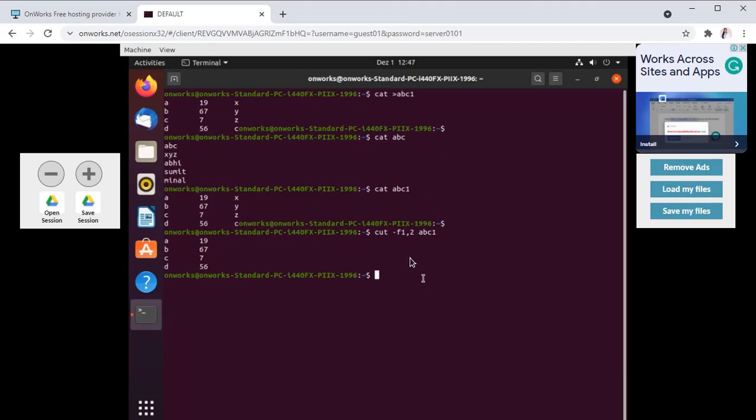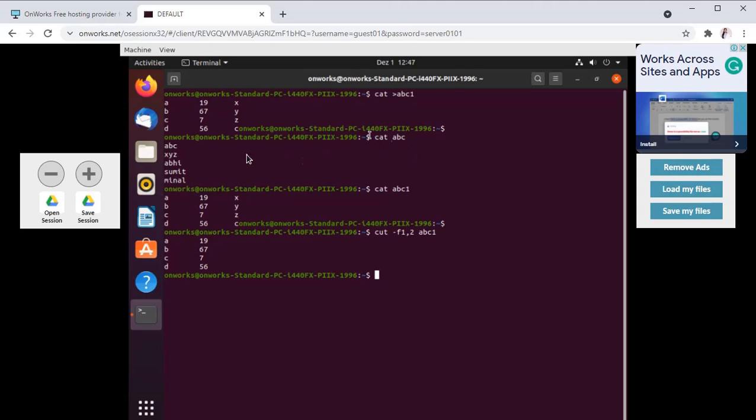So what does this command do? Column number 1 and column number 2 from the abc1 file are cut and pasted in the output. Now another use of cut is that we can cut some characters.